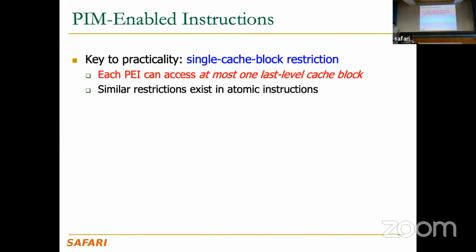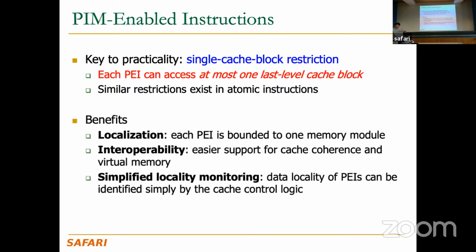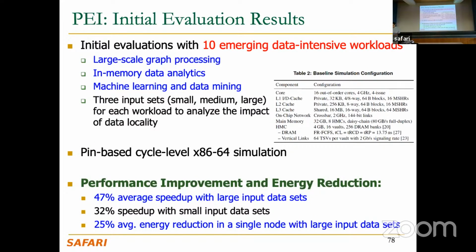So it's practical to do this single cache block restriction because this way you just need to worry about one cache block and don't need to go to other units to execute the operation. This has benefits in terms of localization, interoperability, and simplified locality monitoring, because you just need to monitor where one particular cache line resides. And we are going to see some initial evaluations for